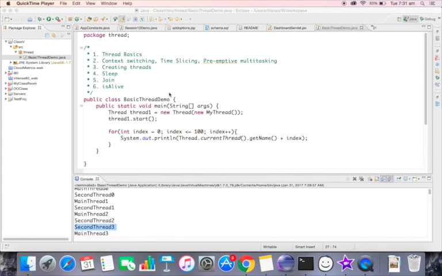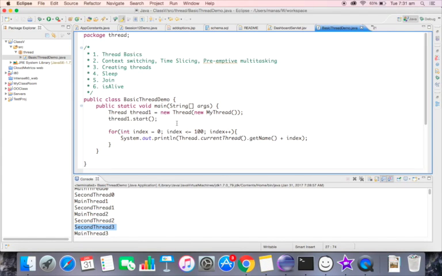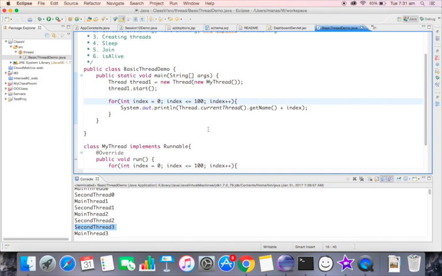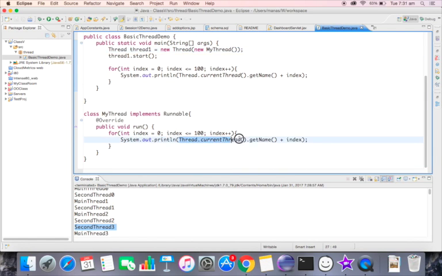Okay, now that we have seen how to create a thread, let's start with a little bit more advanced concepts where we will learn about sleep, join, is alive. Before that, let me just show you how to set the name of a thread. Whenever your Java program creates a new thread, it gives it a name like thread-0, thread-1,